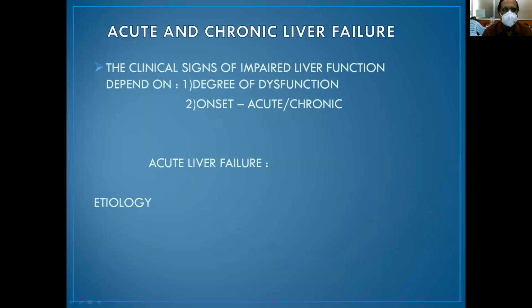So this is the last topic in the viewer, and this topic is given in Newman Bailey and Love because this is more important, particularly in medicine. Sometimes in the clinical examination, you will be given a lump abdomen, that is hepatosplenomegaly. In such a case, what are the various clinical signs of chronic liver failure?